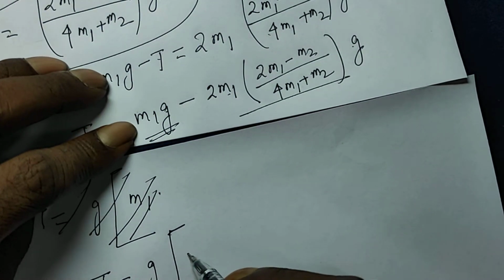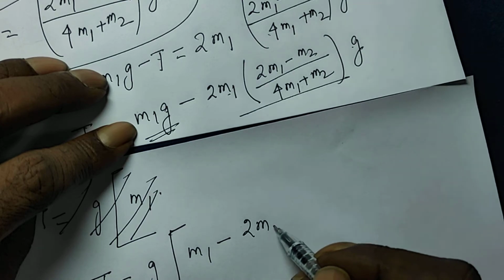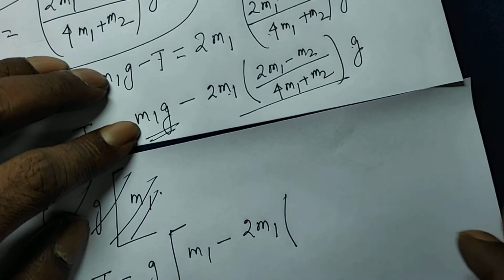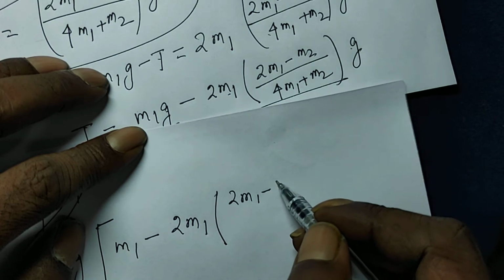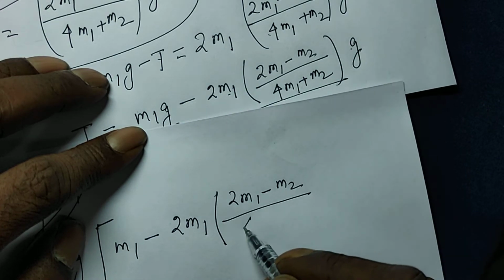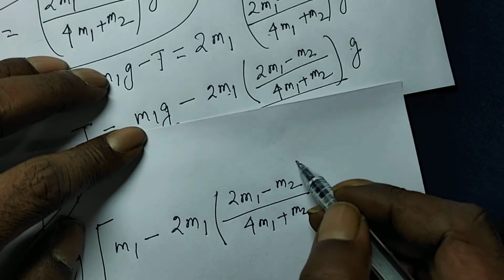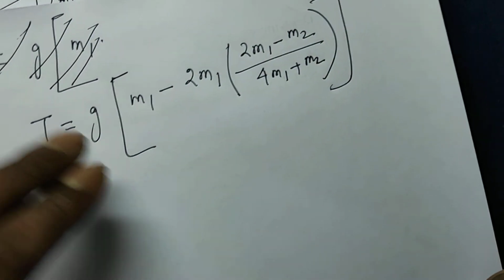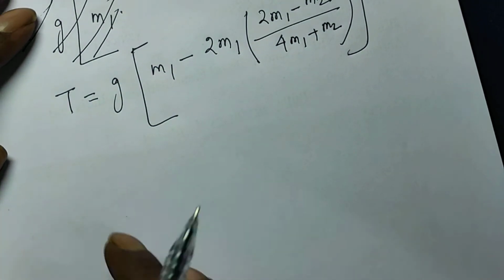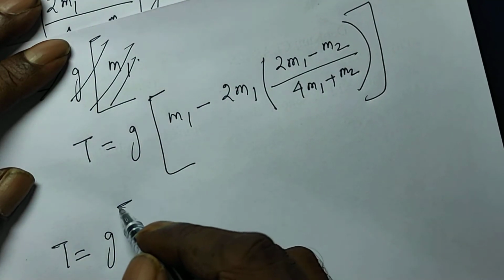You are left with, in the first term, m1 minus 2m1 within bracket (2m1 minus m2) over (4m1 plus m2). g is already taken common, right? So now you have to simplify this, so T is equal to g times